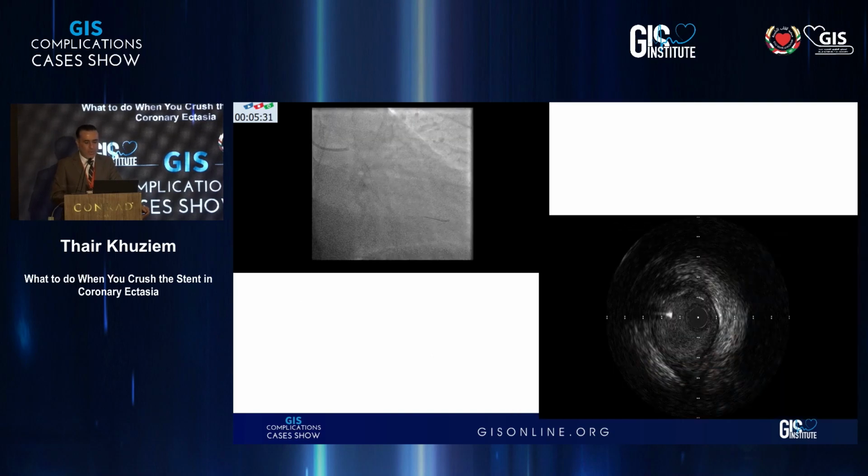So after we get a balloon, we take the patient back to the cath lab, and the wire in the circle, we decide only to optimize our stent. But if you look to the IVUS, actually we start with the IVUS. If you look to the IVUS, there's resistance when we try to put the IVUS inside the